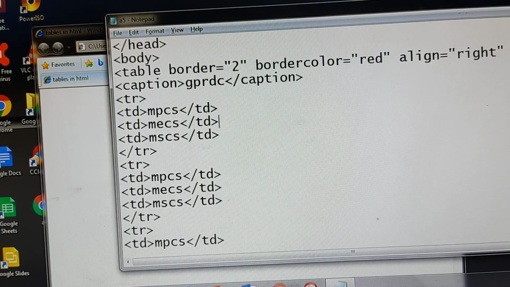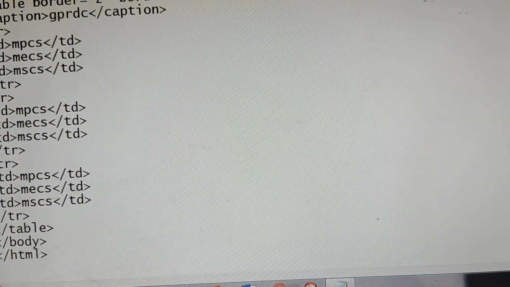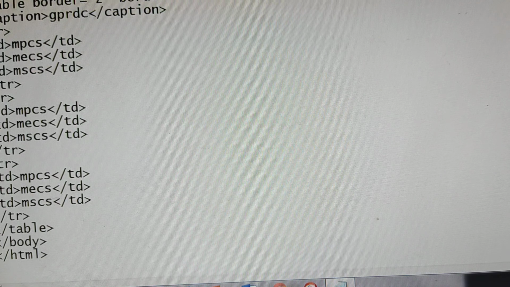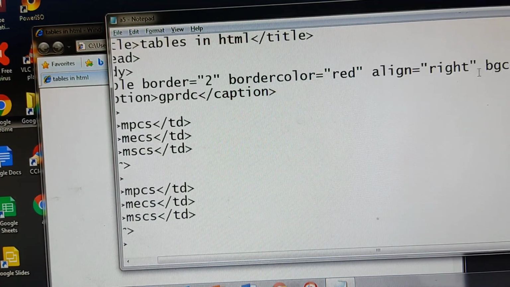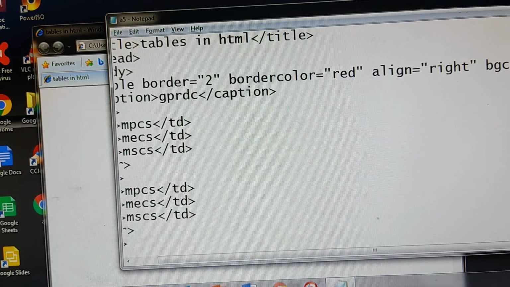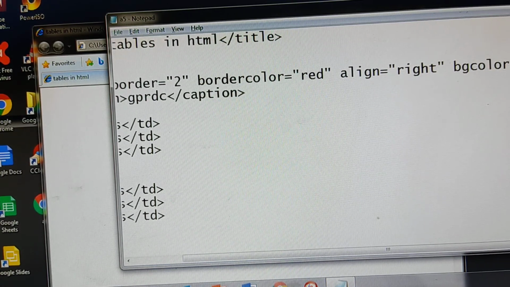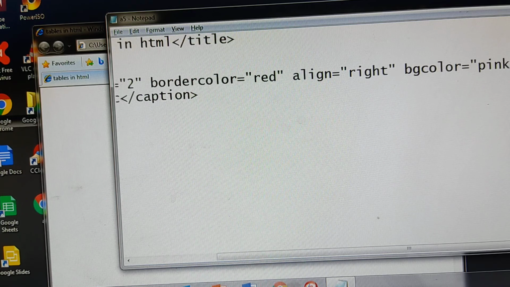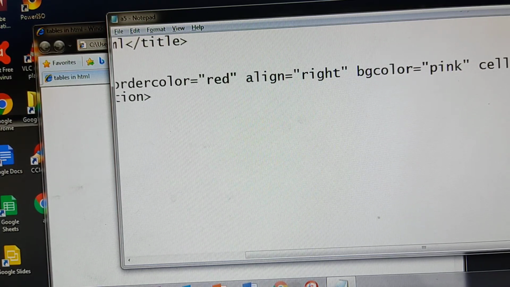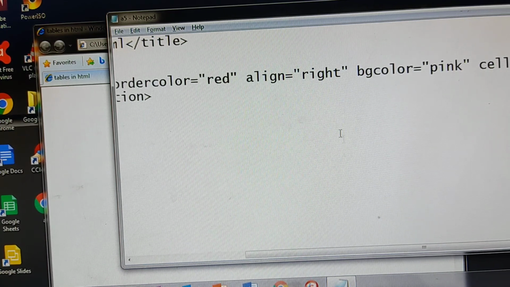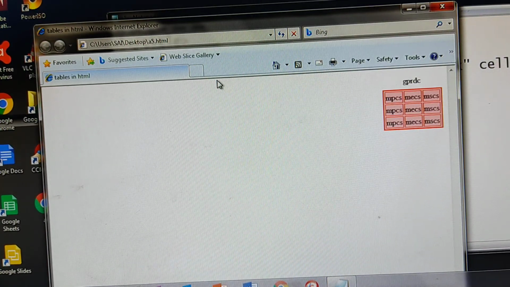Now, whatever attributes I have given, I will explain all of them. After the background color I will give cell spacing. Cell spacing equals to 5 pixels I am giving. It is nothing but the space between the cells. Again refresh this window. Come to browser window.